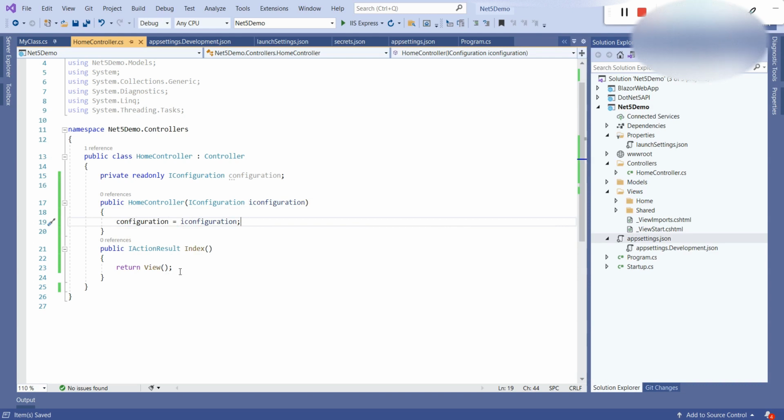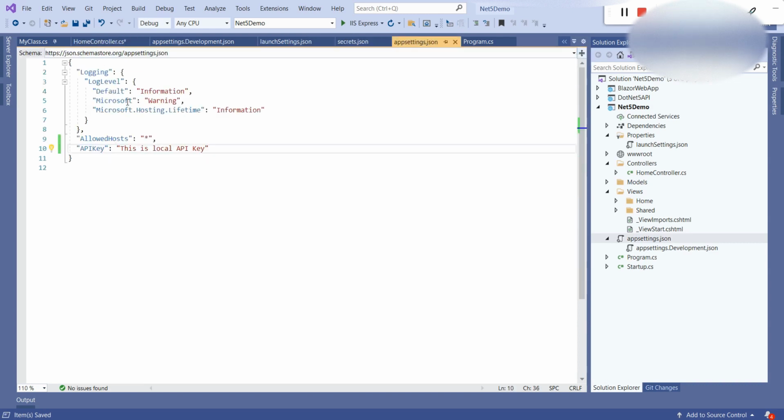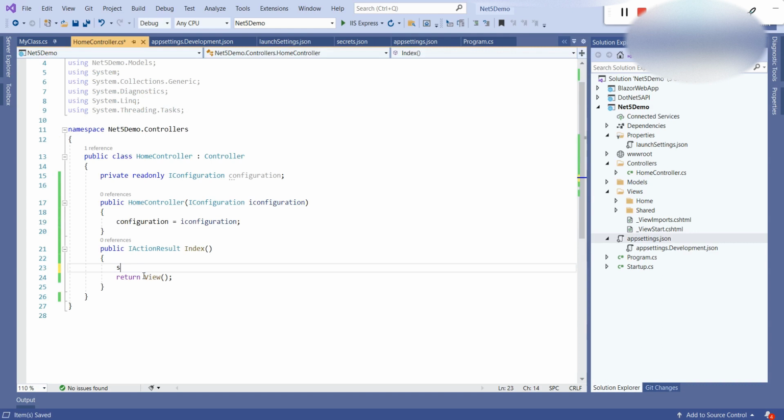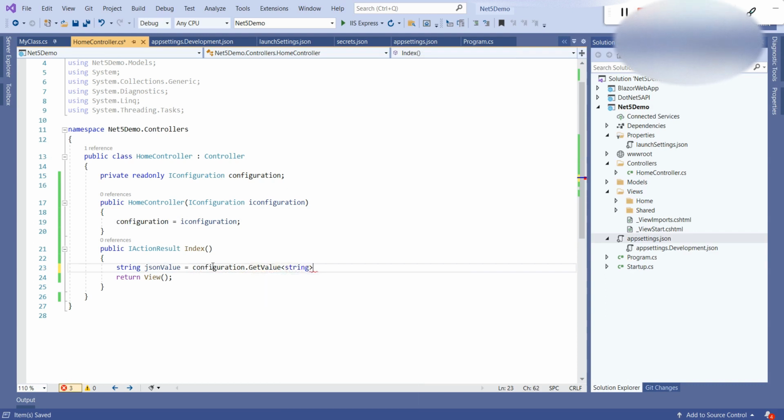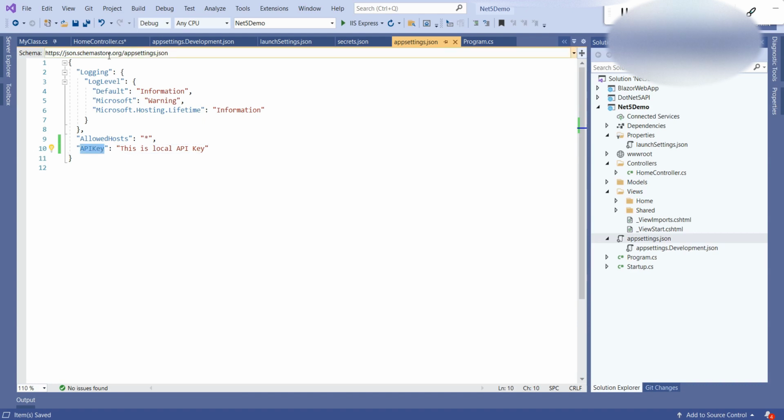Okay, done. So to access the key available in the appsettings.json file, what we have to do is declare a variable, string jsonValue, equal to configuration.GetValue, with type string, and then pass the key name, this is APIKey.